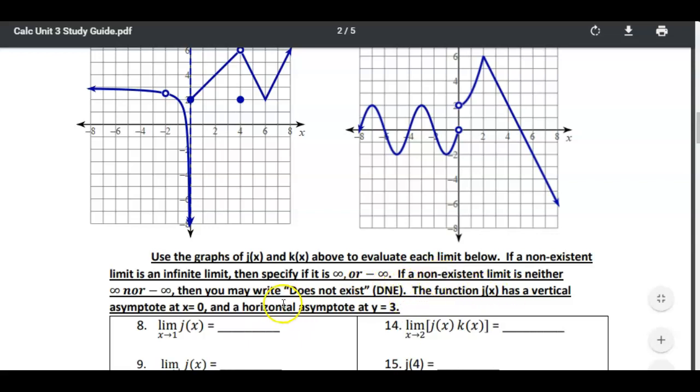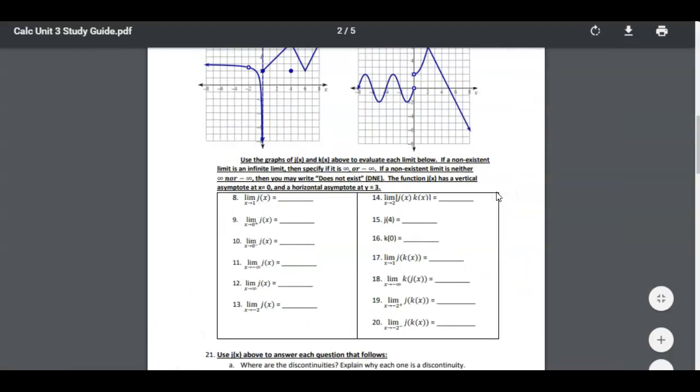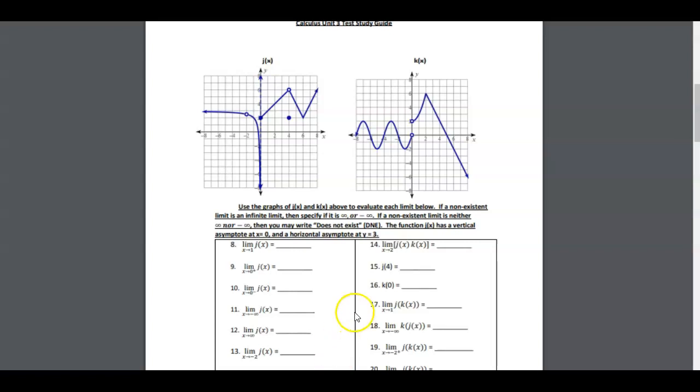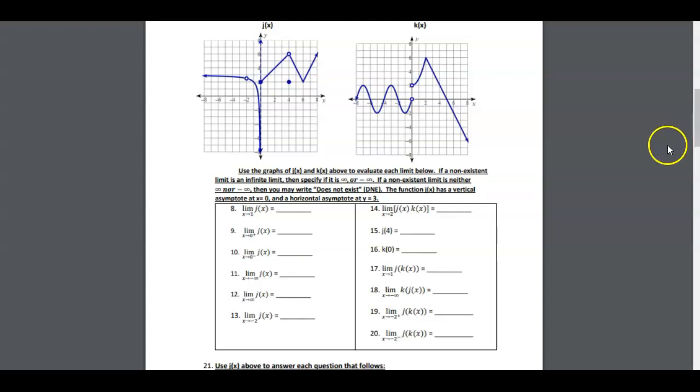And it tells us where our vertical asymptotes are. So it tells us that j of x has a vertical asymptote here at 0. It also tells us that we have a horizontal asymptote at y equals 3 on this function, so there's a flat imaginary line here. All right, I have to zoom out a little bit here to answer these questions. Sorry about the size of all this. Trying to make this fit a little better. Okay, so